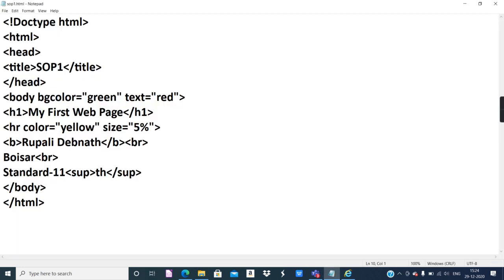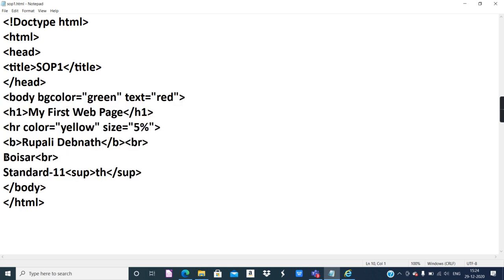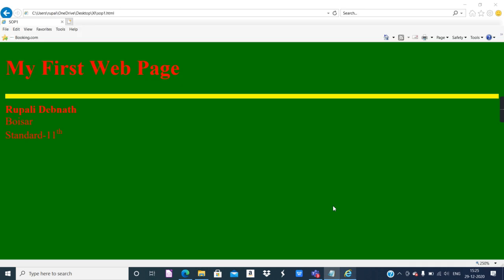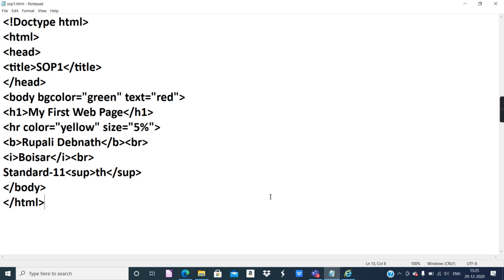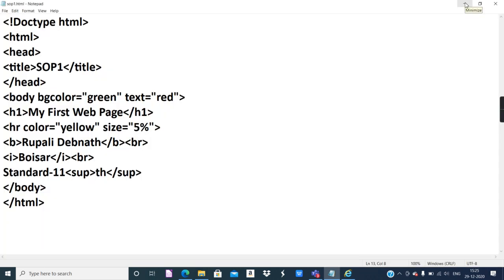So basically, whatever you type inside the body tag will definitely get displayed, but it depends upon you. If you are surrounding the text with some tag, it is going to carry the effect, otherwise it will not carry any effect. Now it does not carry any effect. Refresh once again, it has got italic effect. I hope you have understood this. Yes, definitely I'm going to display this web page in different web browsers also. So this is the coding.